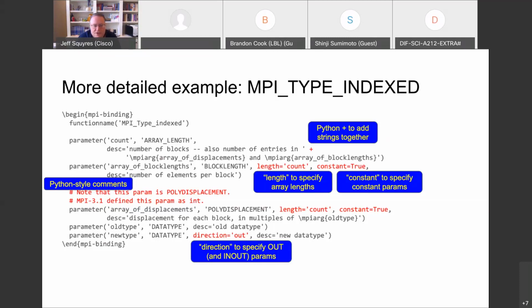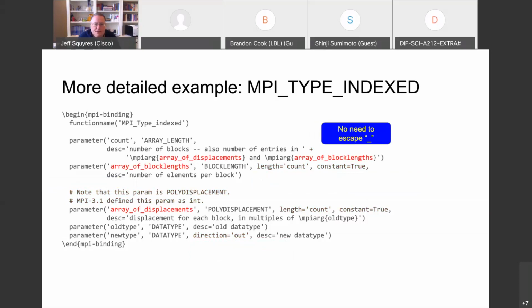So that's the only one you actually have to specify as out. Direction defaults to in, because the vast majority of parameters in MPI bindings are in. So that's a lovely thing that Python allows you to do, is set a default for a value. So if it's not specified, there you go. But here it is an out, so we have to say that it's an out. And you have to say if it's in out as well.